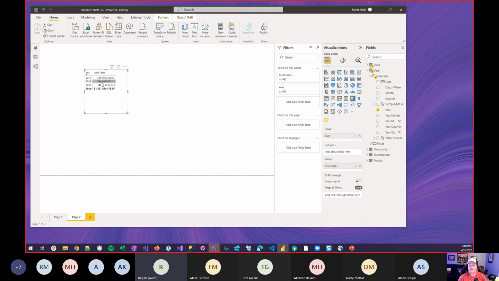So the total is its own evaluation. The total is not adding up these numbers. And there is a use case where these numbers could add up differently than what you see in the total, because it does execute for every point within here. So now if we add the month into this as a set of columns,